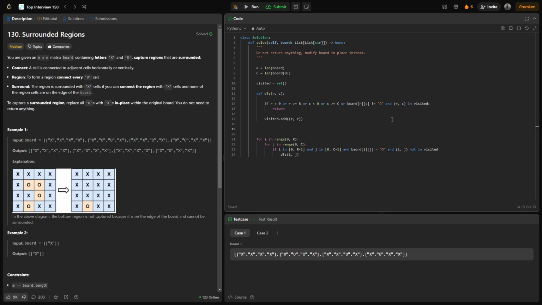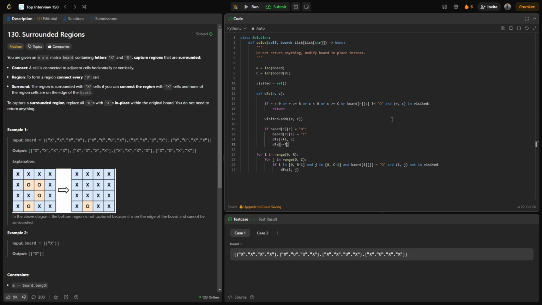So if board of R and C is O, as I told you, any value that is O on the periphery, we are going to change it. So board of R and C, I'm going to change it to T for the time being. And then we are going to call my DFS function, which would be DFS R plus 1 and C,